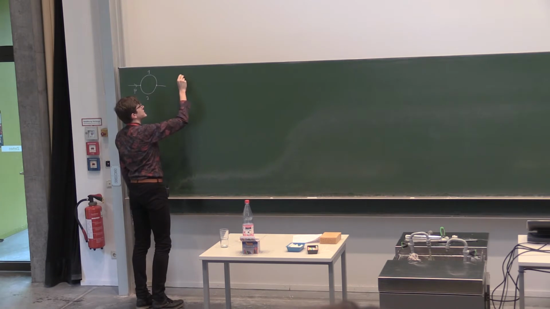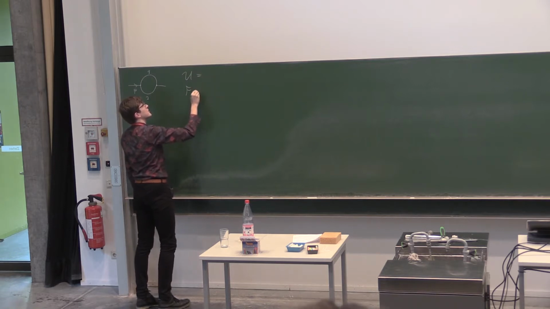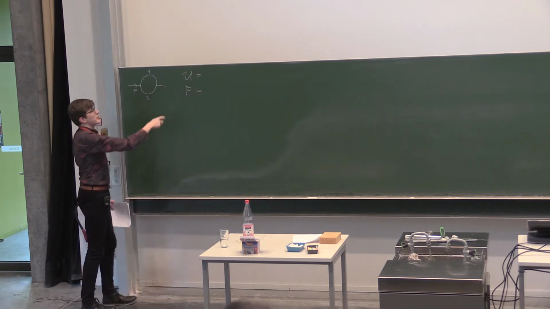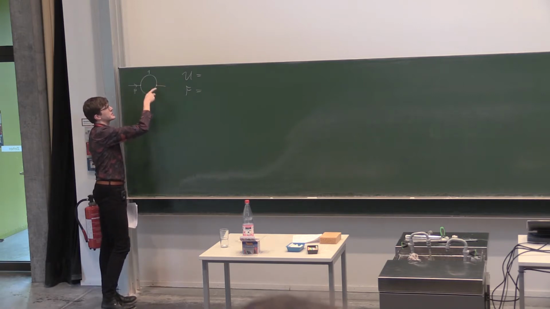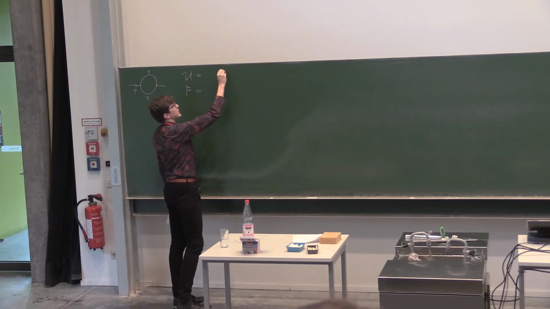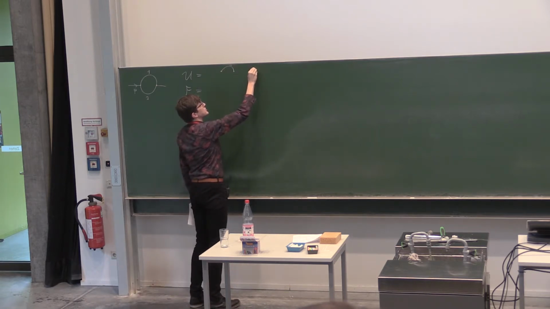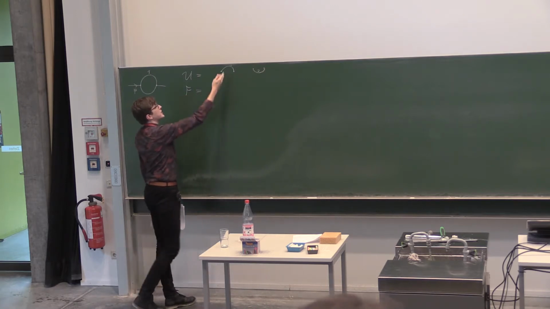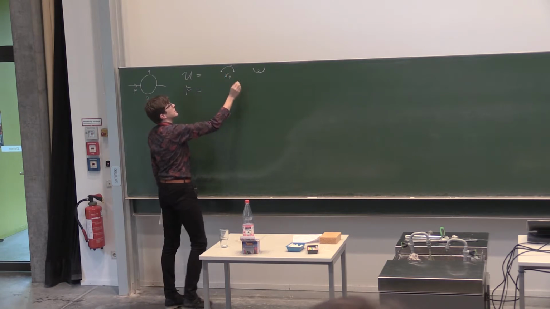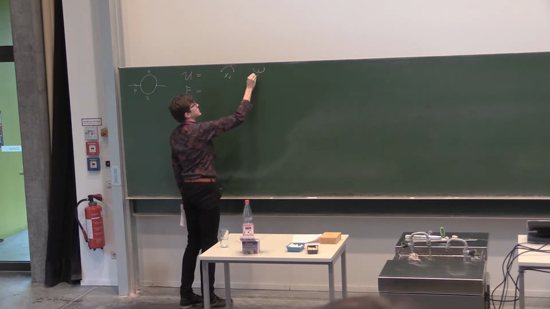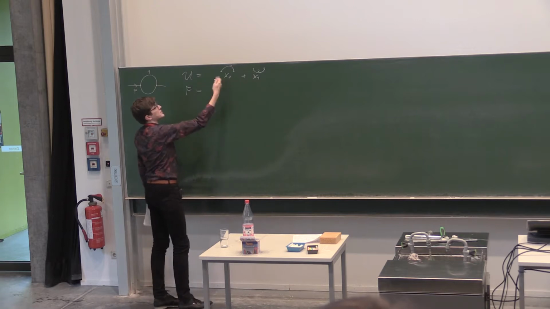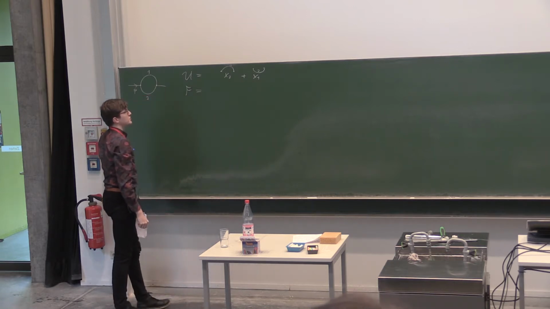And let me say what the two graph polynomials are in this case. So we had a U polynomial and an F polynomial. The U polynomial, remember, can be computed by looking at spanning trees. So what are the spanning trees in the graph? Well, you can either take the edge 1 or you can take the edge 2. Both of them connect the two vertices. If you take the edge 1, you're missing out the edge 2, and if you take the edge 2, you're missing out the edge 1. So the U polynomial is the sum of the two variables x1 and x2 that we got from the Schwinger